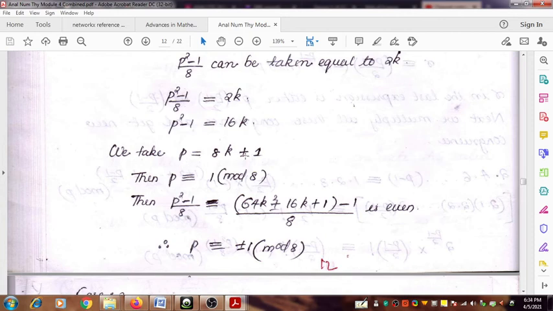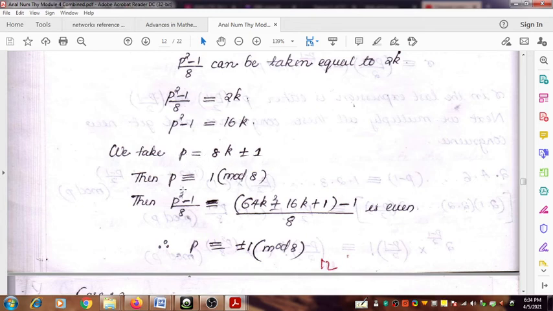p is equal to 8k plus or minus 1. Let's take p is equal to 8k plus or minus 1. Can we take all primes equal to 8k plus or minus 1? Yeah, this is possible. So we take p is equal to 8k plus or minus 1, then we get that, thus we get that by substituting this one. Or we can take p is equal to, so we suppose that p is equal to 2k plus or minus 1, then